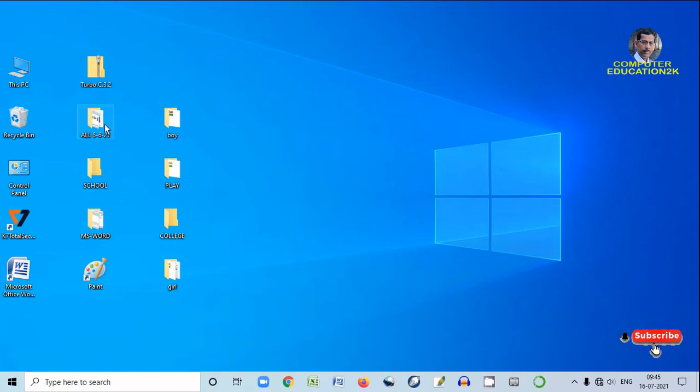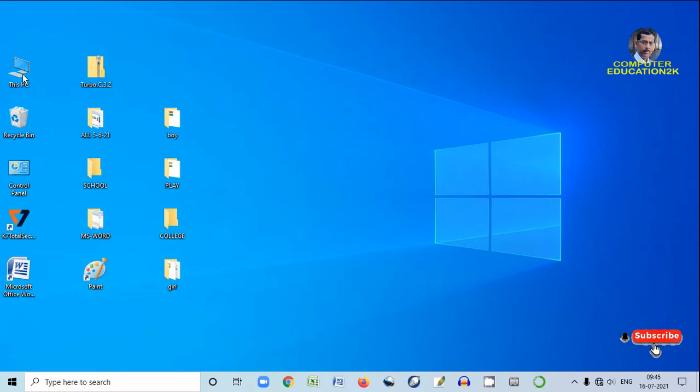And to see the hard disk type, you have to go to This PC. You can see here the This PC icon. You have to go to This PC, and then double click on it.